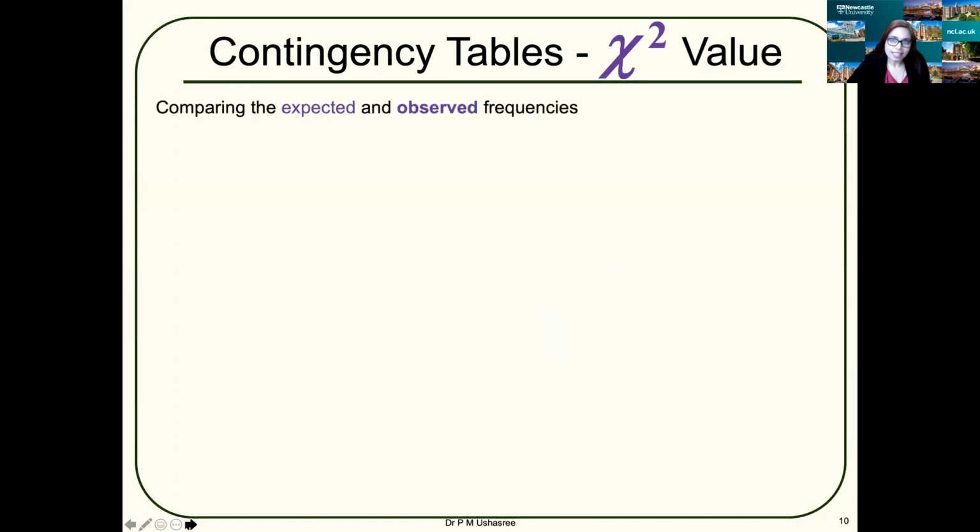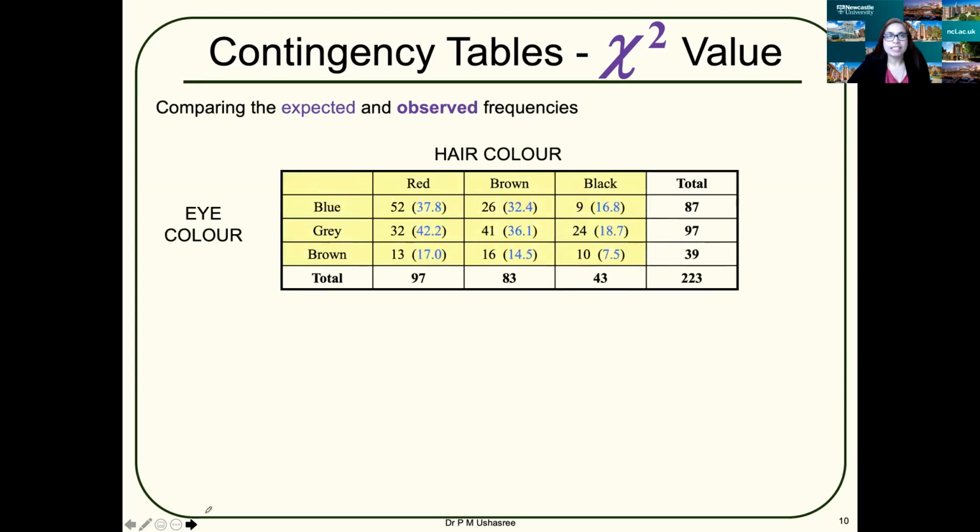So comparing the expected and observed frequency, I have just written both together. That is your observed frequency, and in the bracket is your expected frequency. It's always good to represent it in a table form. It allows you to read and explain to others easily. So that's how I have represented observed outside the bracket and expected frequency inside the bracket.